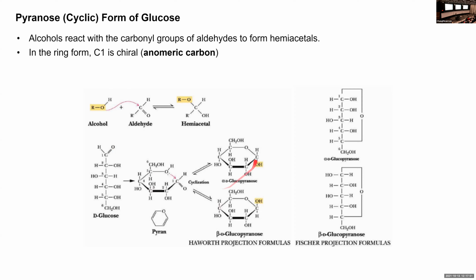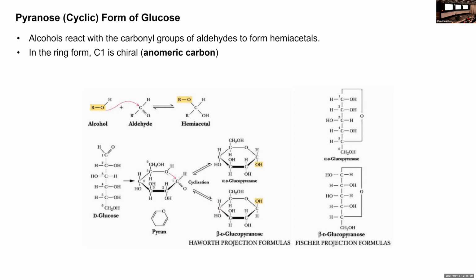is now chiral. Can you see that? It used to be not chiral, or wasn't counted as a chiral center when it was in the linear form. But once it makes this ring form, now it has O here, H here, OH on the bottom, and the R group here, right? So basically, this becomes a chiral center now, and it's called an anomer. And anomer is a type of stereoisomer, but it's different from